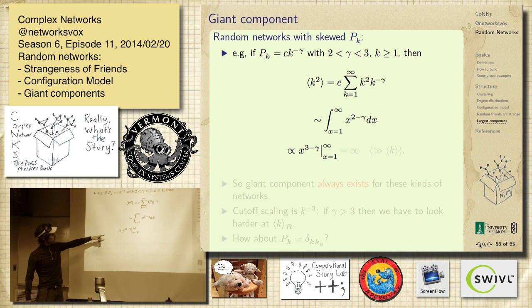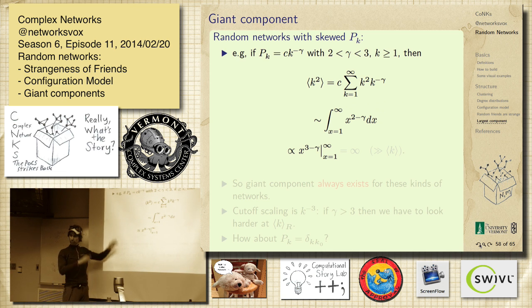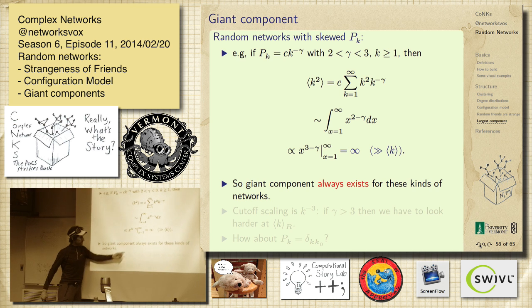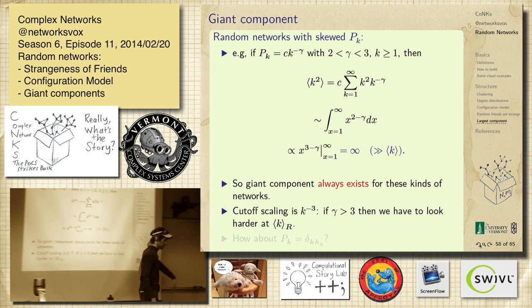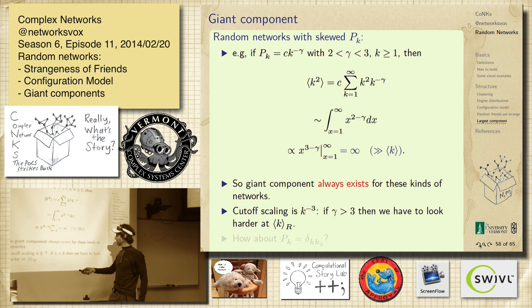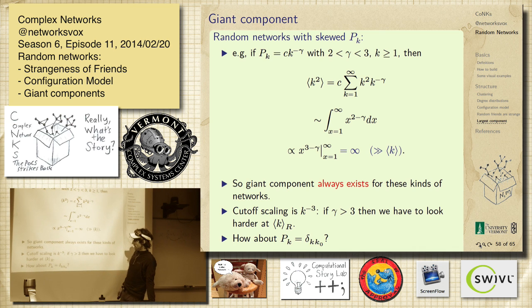And we said gamma is between 2 and 3. Kaboosh. Right. So this explodes into flames. And so for these, which is much larger than the average degree, we always have a giant component for these kinds of networks. So I just showed you some examples for ones with 1,000 nodes, it's not enough. We always have them. So k to the minus 3 is the cutoff, right? So if gamma is greater than 3, then we have to actually really compute this quantity and see if it really is greater than 1 or not, but probably.